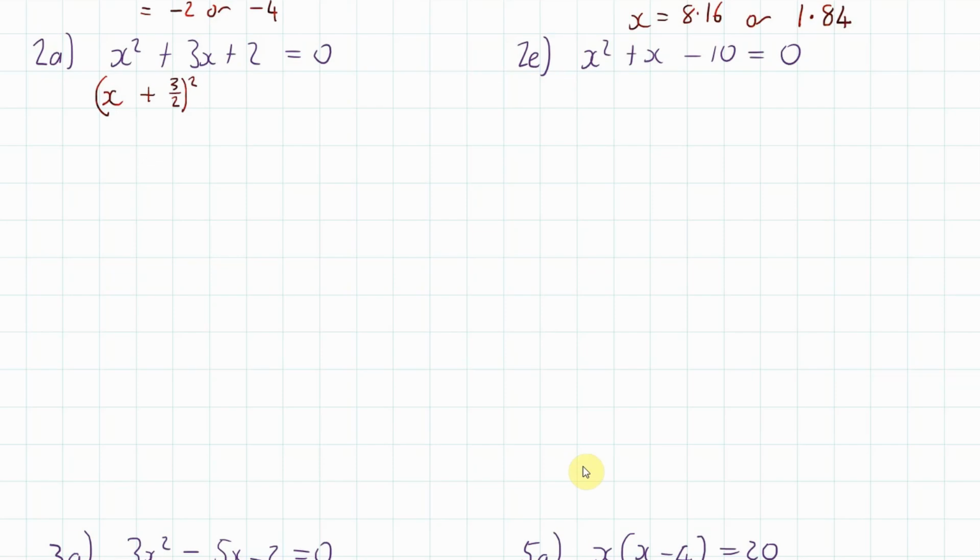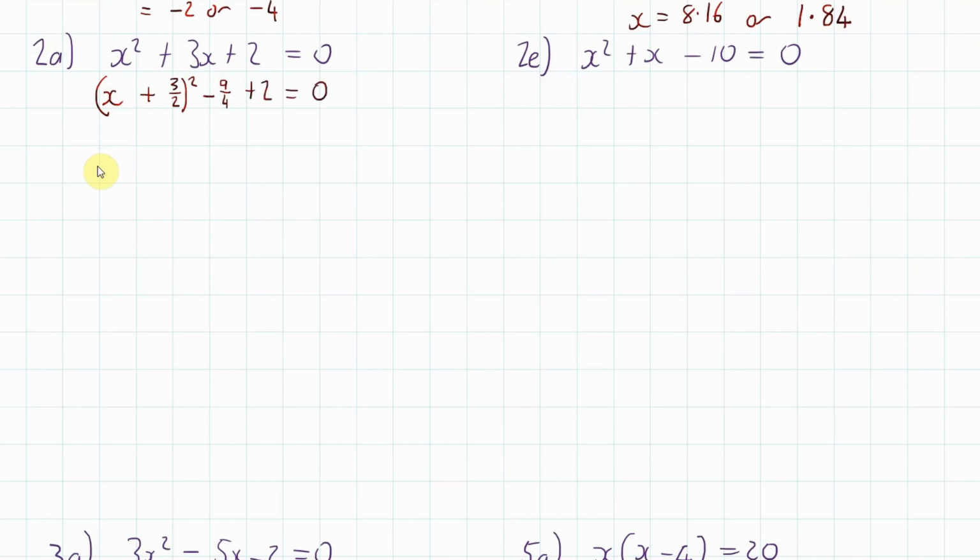Now, when we expand that, we'd get x squared plus 3 over 2 x, 3 over 2 x, so that would be 3x. And then when we square the 3 over 2 times 3 over 2, that's 9 over 4. So this bit is the same as that bit there, but you'll see we've got this 9 over 4. So we're going to take away 9 over 4, which is 3 over 2 squared. Then we've got this plus 2 here